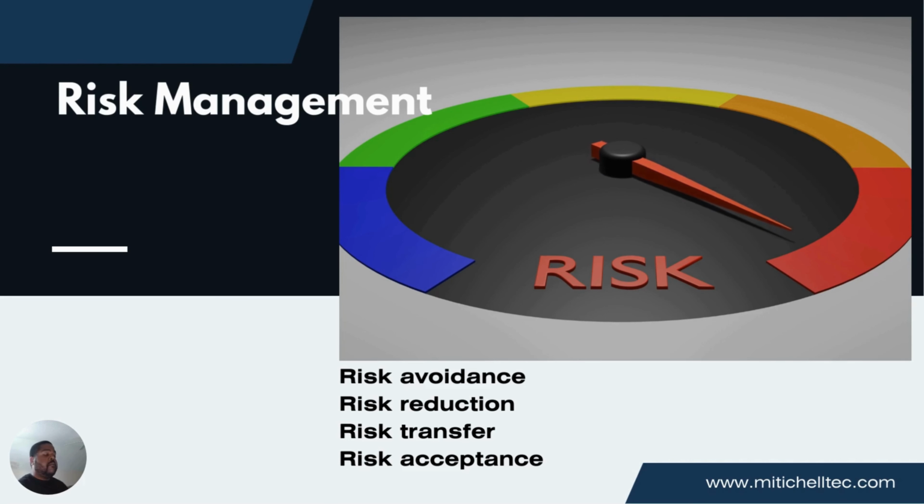Now, we also have avoidance, where we can have risk avoidance, and that's where we're going to have to put things in place to where at all costs we avoid the risk that is present to us. So this could be putting in firewalls, this could be putting in IPSs, this could be putting in EDR systems, or we could put in policies in place to tell our users not to go to particular sites. We can put those things in place so we can avoid